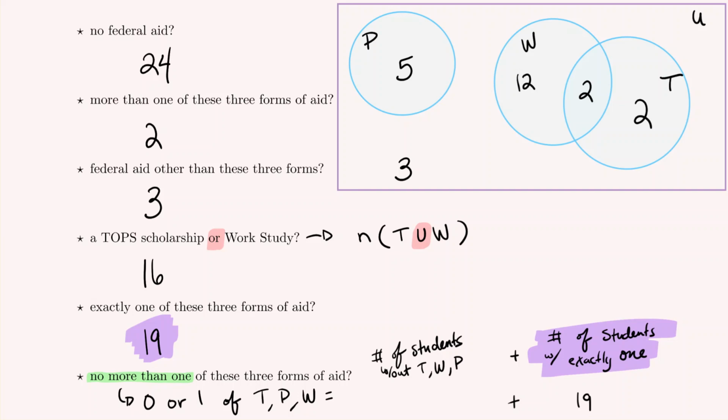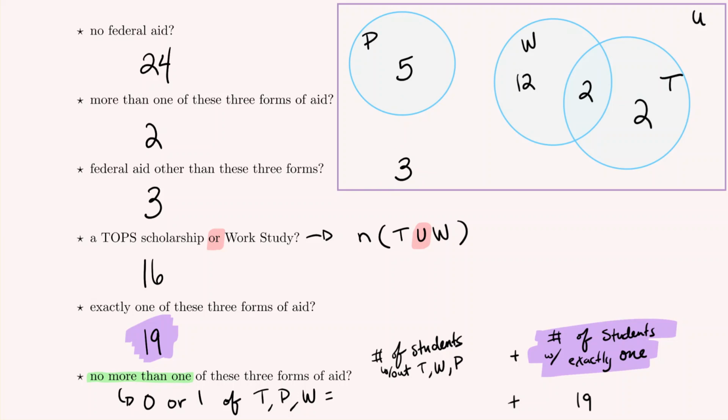Now, of the 48 students surveyed, we need to figure out how many had 0. So they did not have TOPS, work study, or Pell Grant. And this question is a little bit more nuanced. It's not just these 3. Definitely these are 3 students who did not have Pell Grant, work study, or TOPS. However,